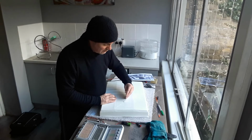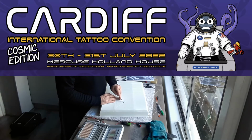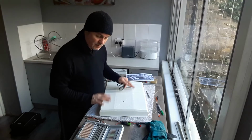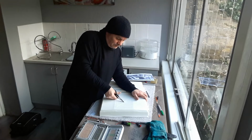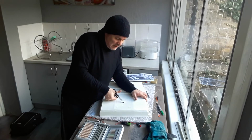This year's theme is cosmic. It was a theme from 3 years ago, but obviously we got cancelled and locked down and everything. But if it goes ahead this year, which I'm pretty sure it will, the theme will still be cosmic. So I'm going to have a suit with stars and planets and galaxies on when I'm not wearing Marvin. I will wear Marvin as much as I can, obviously, because people would like to see him. But